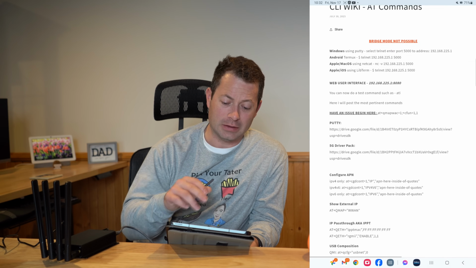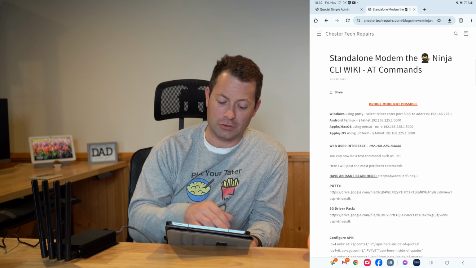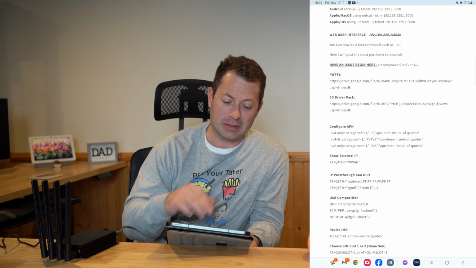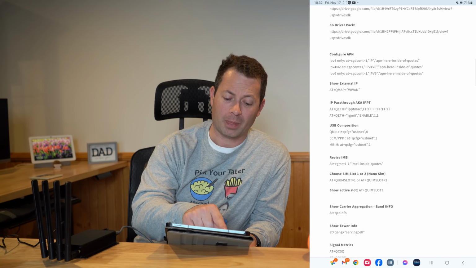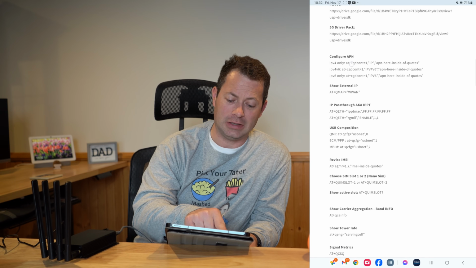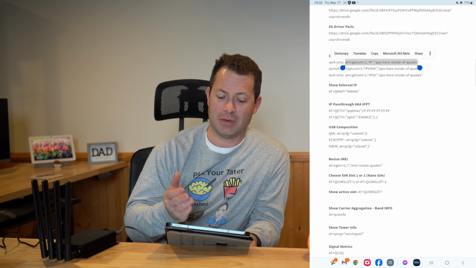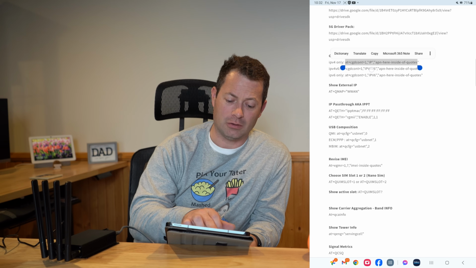This is actually a little bit outdated because this one is the old interface where you have to use PuTTY or Termius or Telnet. So you can kind of skip that top part, and really what you're looking for is these commands. So right here, everything starting at AT, that would be the command I want to put. So if I want to force this to